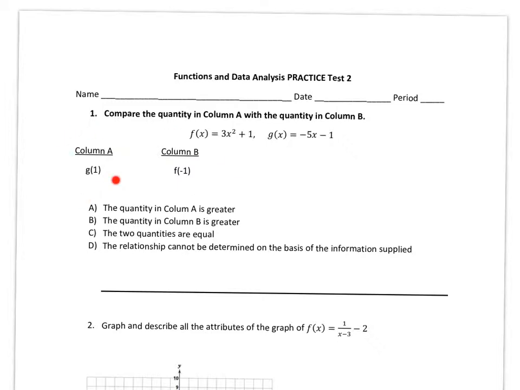In column A, we have g of 1, which means we're going to plug in 1 to all the x's in g of x. Same thing with column B. We see f of negative 1. We're going to plug in negative 1 into all the x's in f of x. Okay, so starting with g of 1, we are going to plug in 1 to all the x's in g